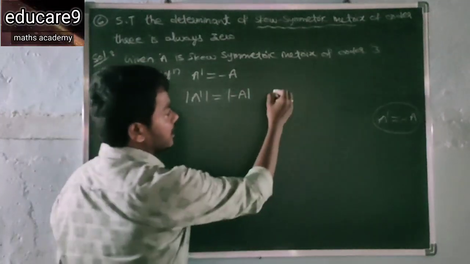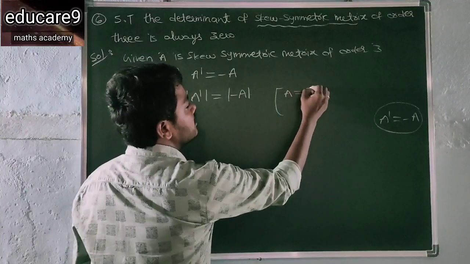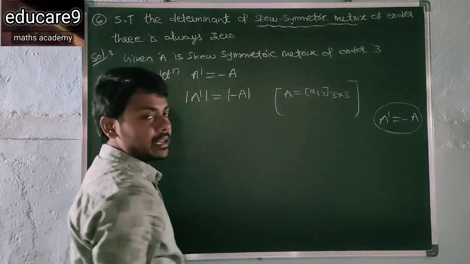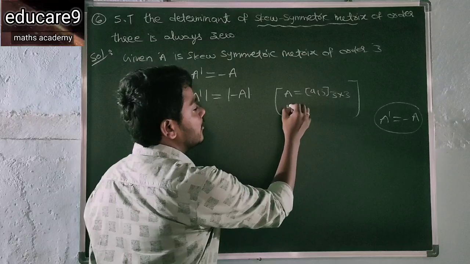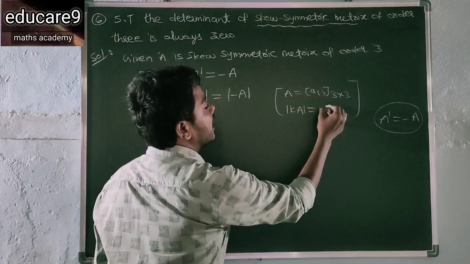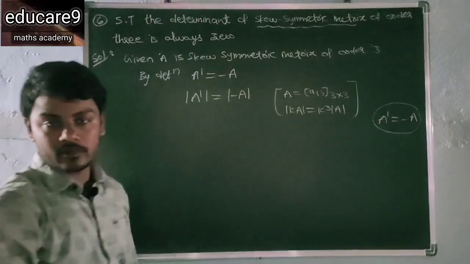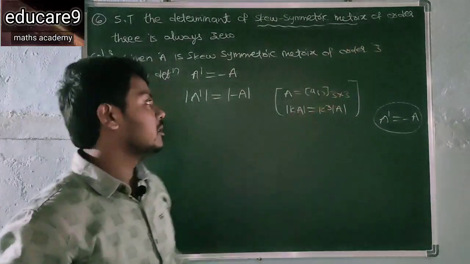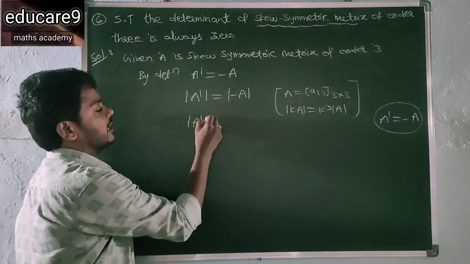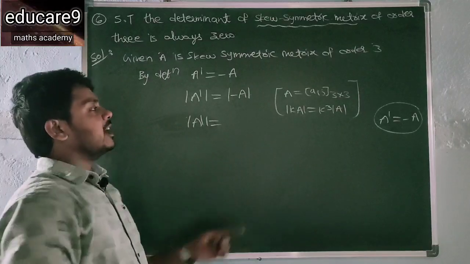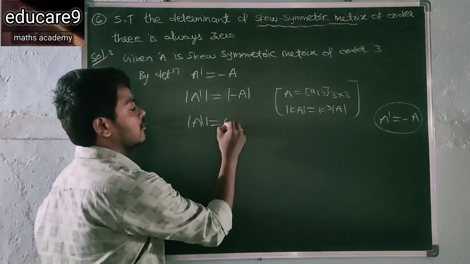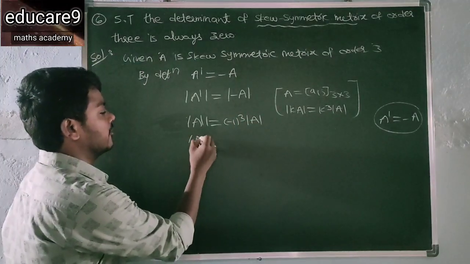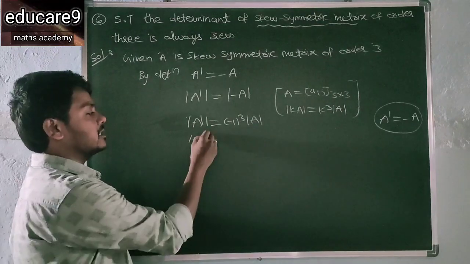See here one property is there. A is equal to Aij, this is any 3 by 3 order matrix. Then determinant of KA is equal to K cube into determinant of A. Now clear here also, A is any matrix of order 3. So this can be written as determinant of A transpose is equal to, here K value is minus 1, so minus 1 whole to the power of 3 into determinant of A. So this is determinant of A transpose. So this is also written as determinant of A.